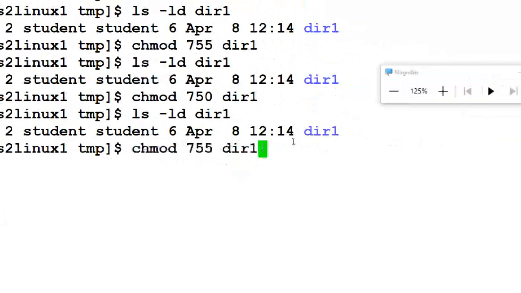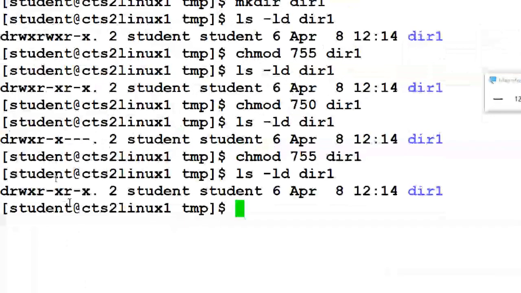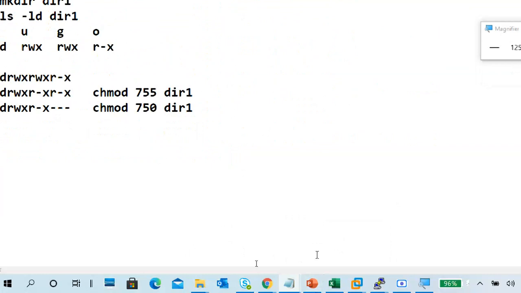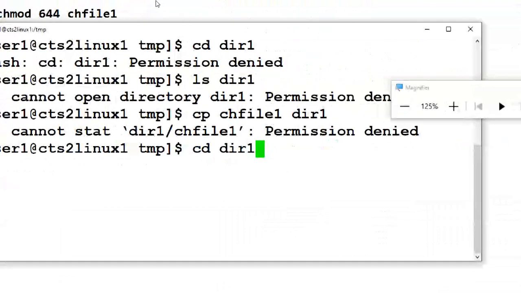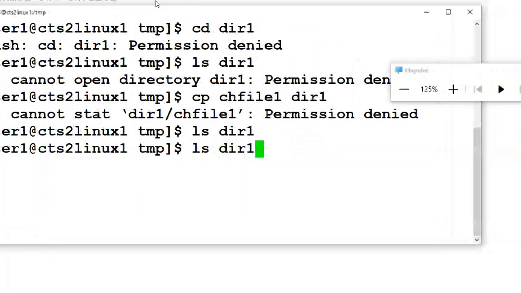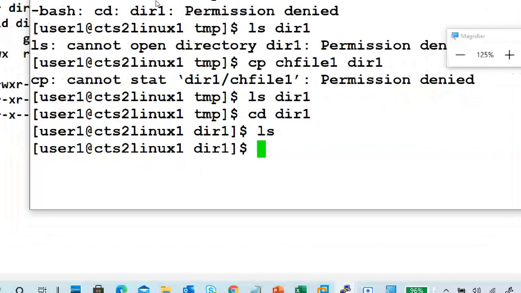So now I gave others a read permission, 755. In user one, I am trying to see the content of the directory. Now it is not giving a permission denied. So I can go inside, and ls works. I have read permission, but I don't have write permission.